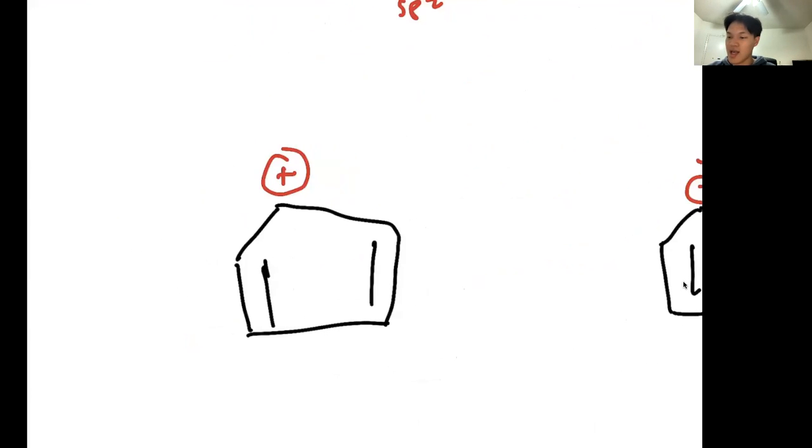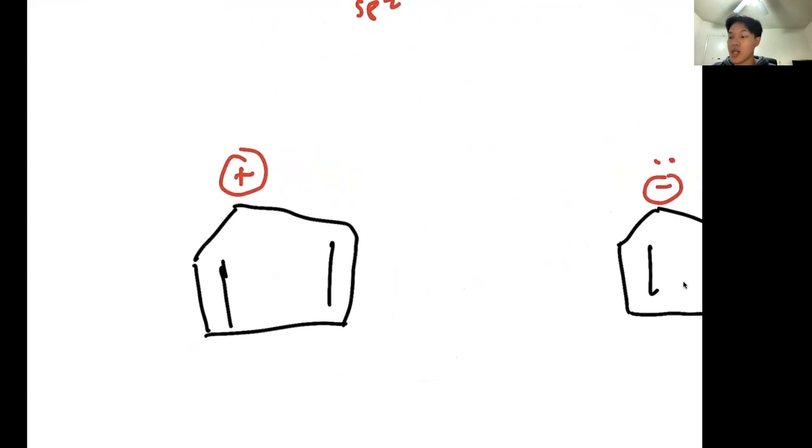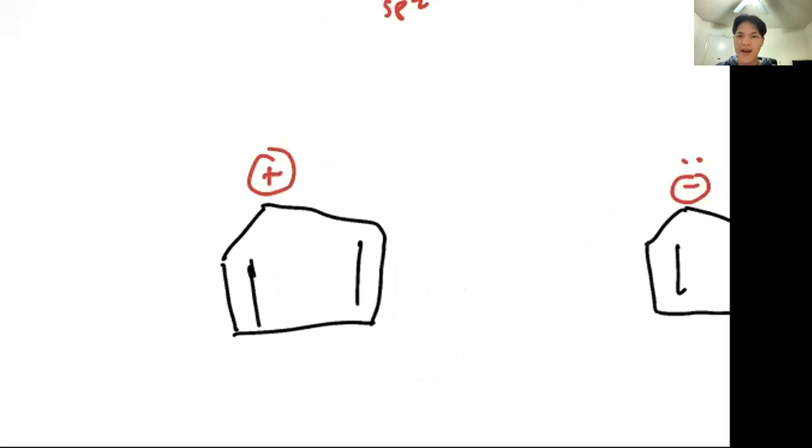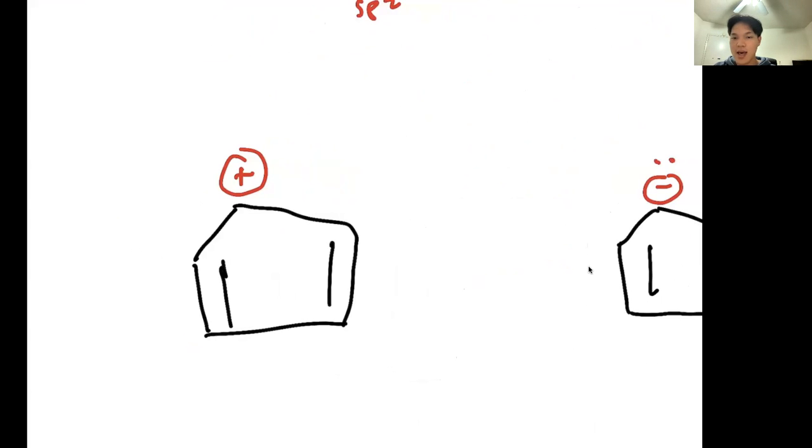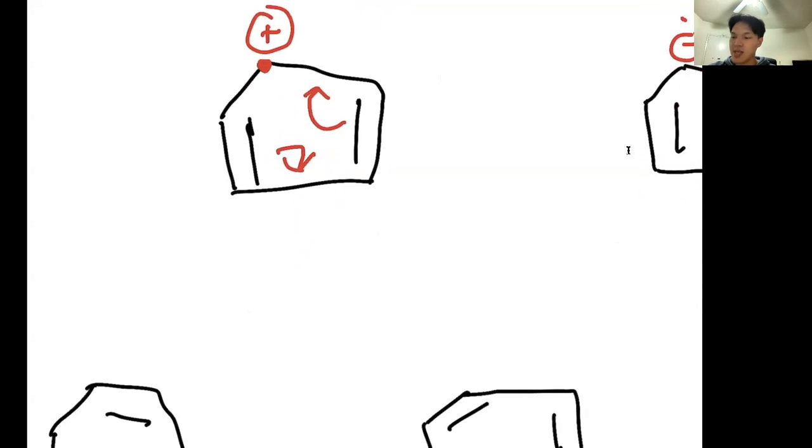Well, if it has that cation, it means that it's missing an electron, right? So if it has that cation, that means there's no electrons here to help it create that aromaticity. It can't participate in double bonds where we have to go up here and then we have to do that, but it still doesn't satisfy the rule because we're still missing an electron, right? So if we do that, it's like this, but we also still have the positive here, and see how that's